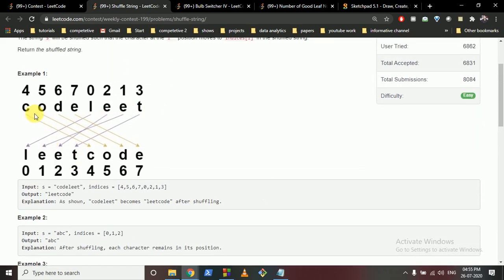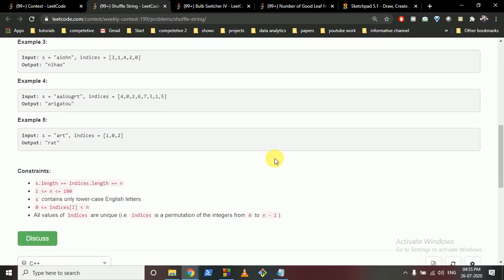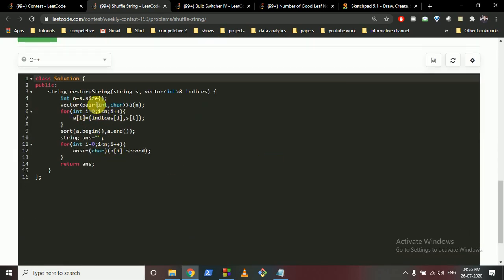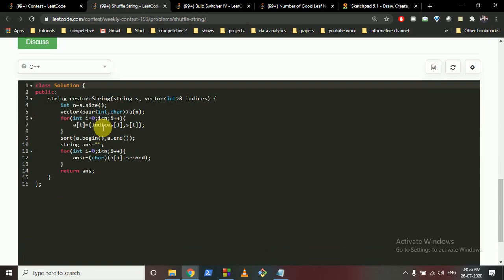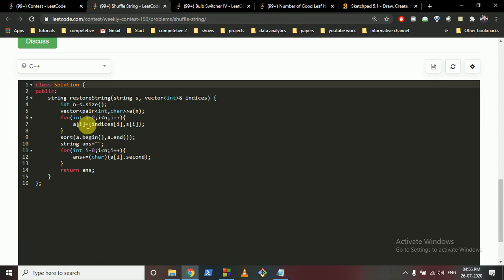What you can easily do here is make pairs of all the characters and corresponding indices, then sort the indices and then print the new word. So that's what I've done. Take a vector of pair of integer and character, and then you'll push at every position of the vector the index stored in the indices array and the ith character from the string, then sort the